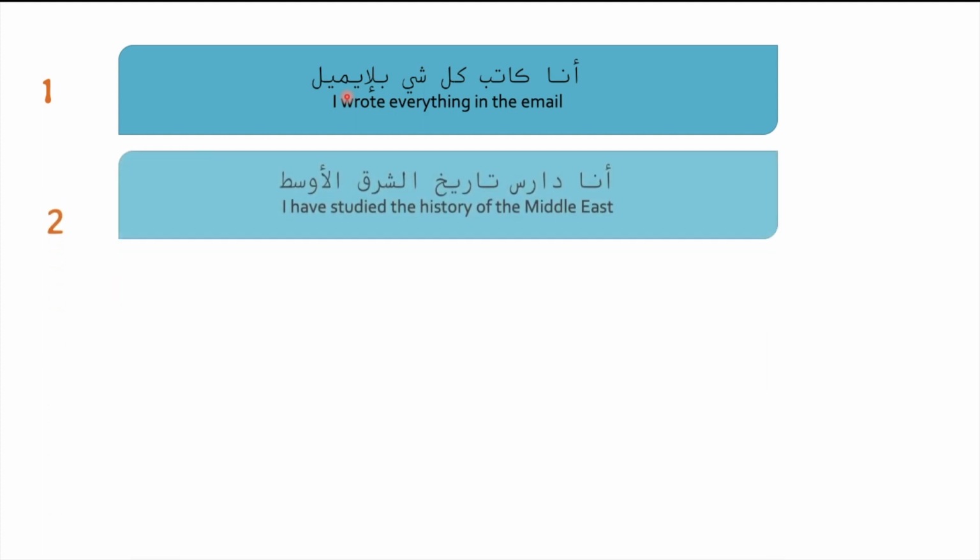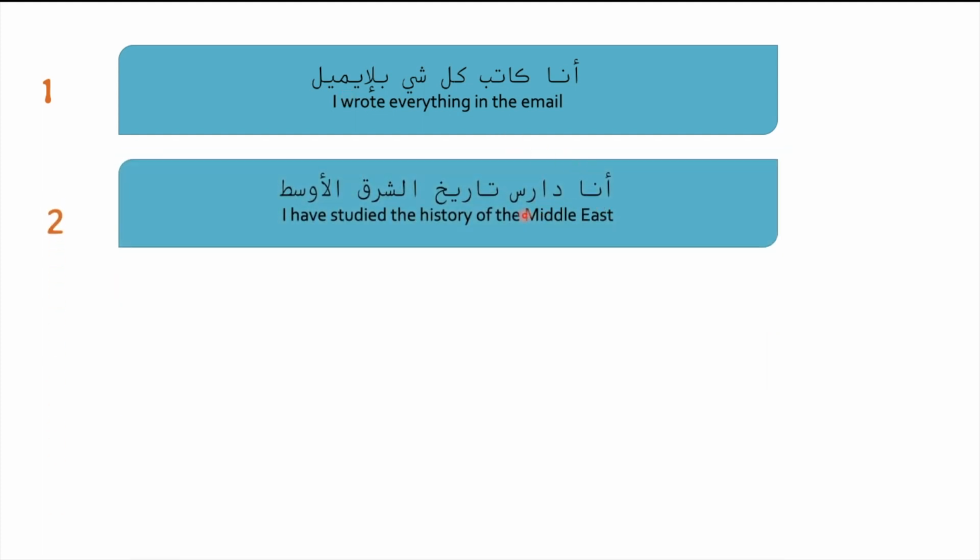And here we've got أنا دارس تاريخ الشرق الأوسط, I studied the history of the Middle East. But obviously, if Sarah is talking, Sarah would add a vowel at the end of the masculine, and she would say أنا دارسة. And if a group of people is conjugating this, we say we studied. Instead of أنا, you would add